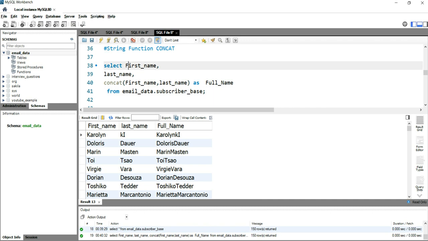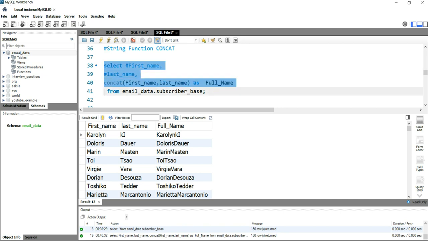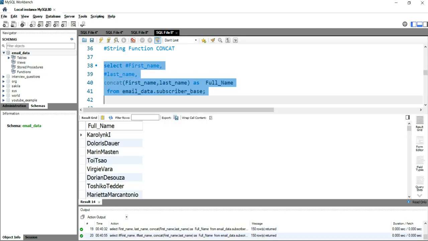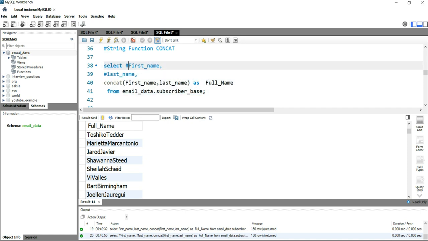So let's remove these two columns and again run this query, okay, and you can see that we have the full name, but without any space in the middle we are unable to figure out which is the first name and which is the last name, right? So let's introduce a space within this concatenate function.